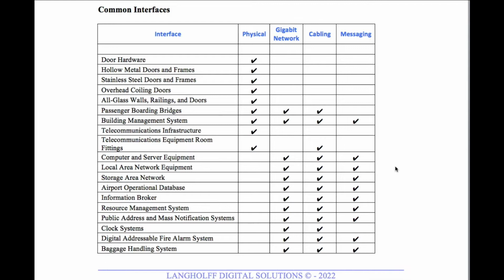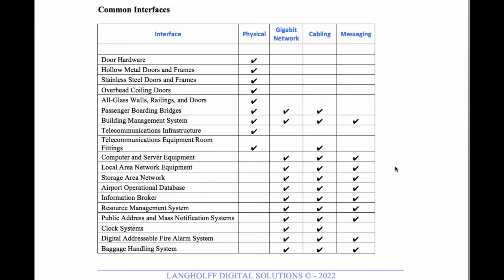In database management or information management, you want to make sure that only the owner of the information can change that information. So when you send messages between various systems, you need to make sure that the message you're getting is one you actually want. Otherwise, you're going to load up your data network, your gigabit network, with a lot of superfluous information and messaging that you don't need. Now, that can be done in several ways.